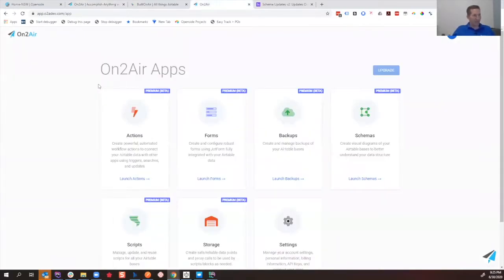So when you sign up for On2Air, you get a login, and we have different ways where you can buy bundled tiers that give you access to all of the apps, or if you really just need one app, you can actually buy just a single app as well. And when you log in, we've got our Actions, which is really taking what we built for our first version that was just a Zapier connector and bringing that into our platform, where now you configure your automations within our website. You still can run them through Zapier, but you can also run them directly via webhooks or our own